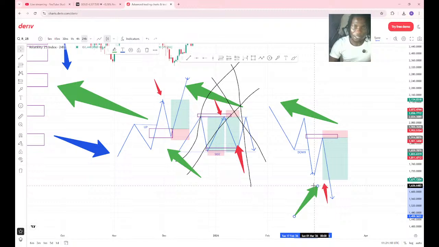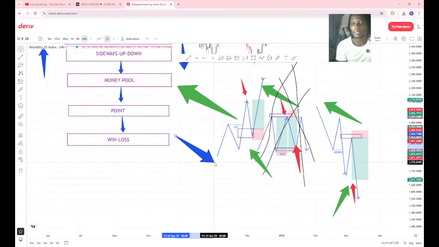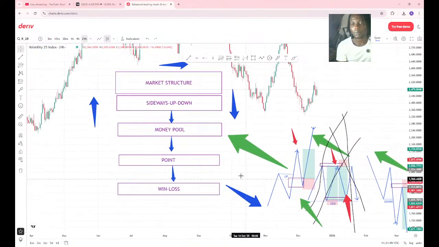If you are looking for just downtrend only, go for downtrend. If you are looking for uptrend, go for uptrend. But I would like you to be more flexible so you can gain from both trends, either the uptrend or the downtrend, so you don't get bored. If your pair is going to the upside, you buy. If your pair is going to the downside, you sell. But if your pair is going sideways, you stay off the chart. All right, so let me show you on the chart and how it works.